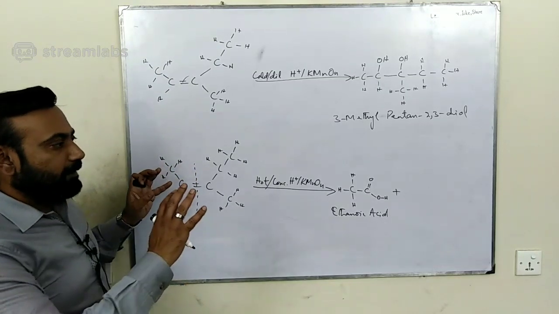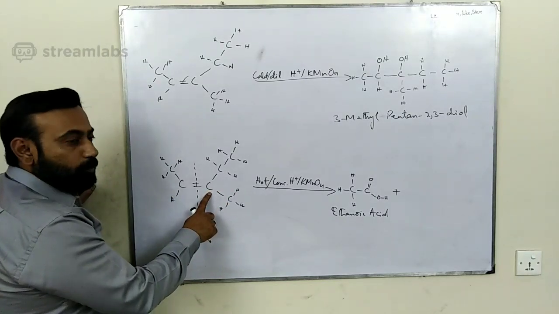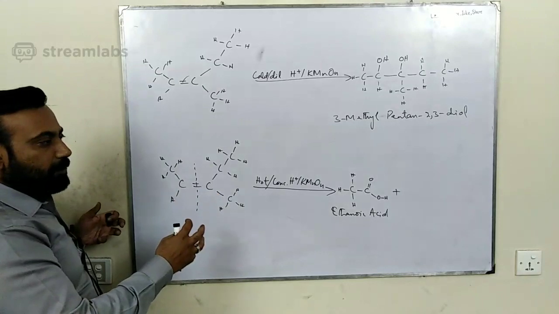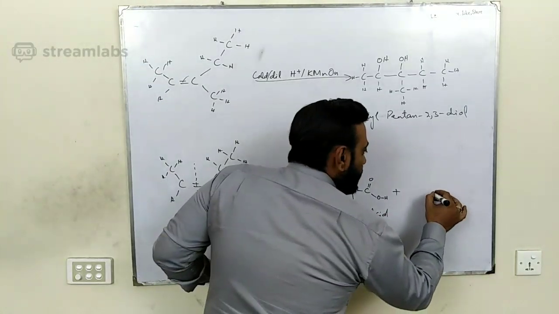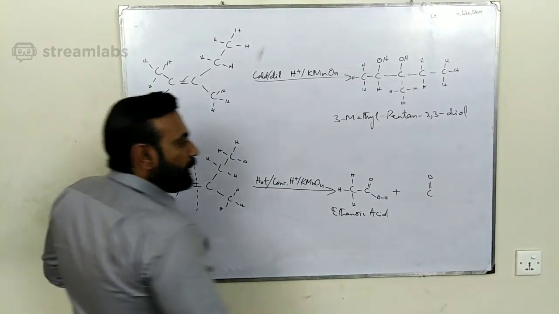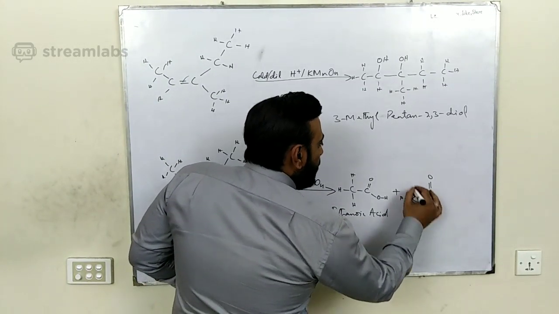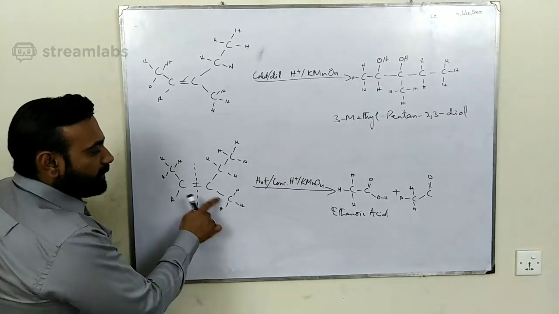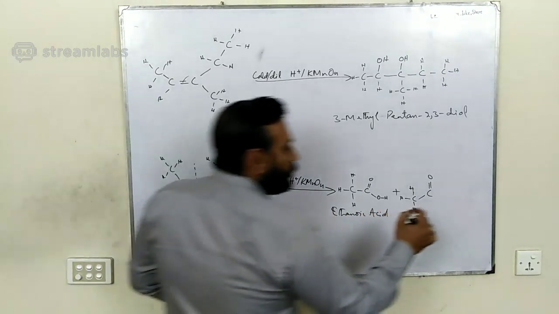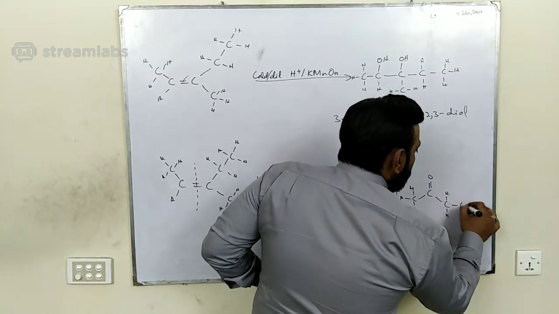So again, we don't have to change other things. We just have to add the functional group of ketone to this carbon atom, which was already a part of the functional group. So this carbon atom would be involved in a C double bond O, and the remaining sides would be unchanged, as to one of the sides a methyl group is bonded and to the other side an ethyl group is bonded,